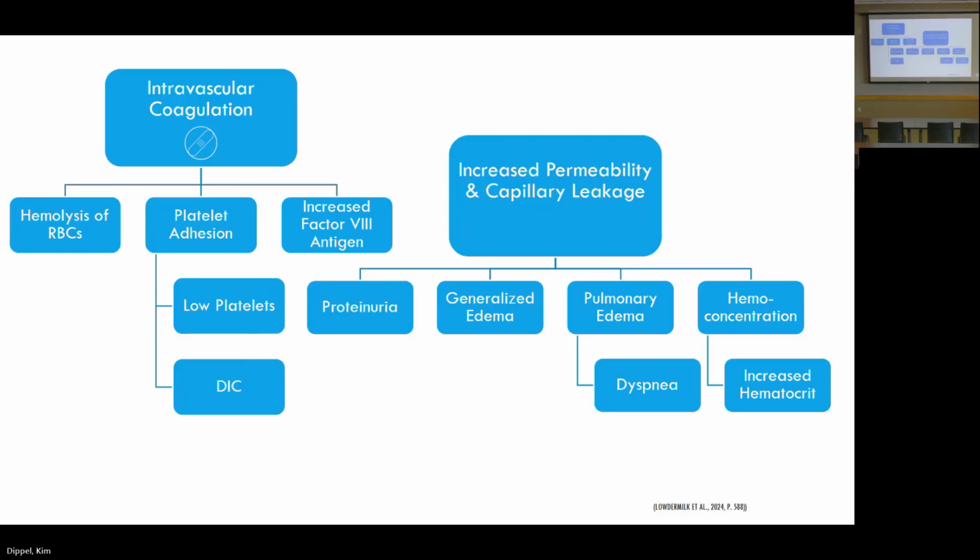Then that should prompt you into asking more questions. Oh, okay, how long have you been short of breath? How do you sleep at night? Where do you sleep at night? All those things. And then hemoconcentration, an increase in hematocrit,